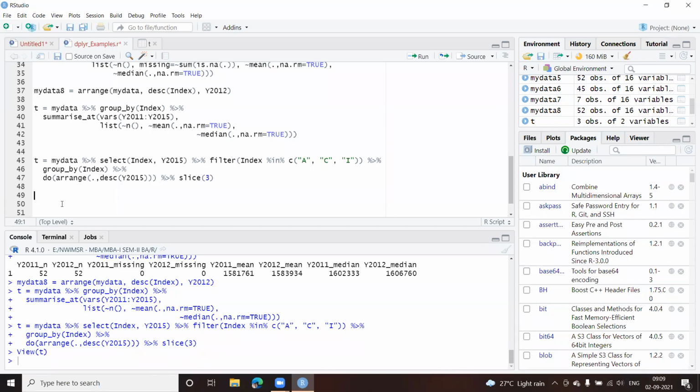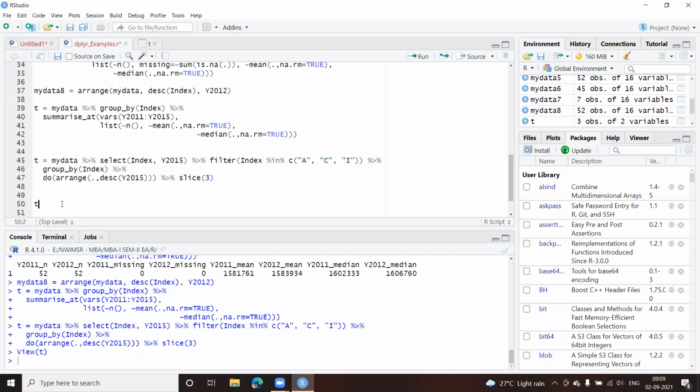Sort the result by calculating the mean variable for the year 2015. Okay, so we'll have some combinations here. So we'll be using group by, we'll use summarize as well. Okay, and we'll arrange it in descending order as well, as per the mean which we are going to calculate for the year 2015. Okay, so it's a combination of all of them.